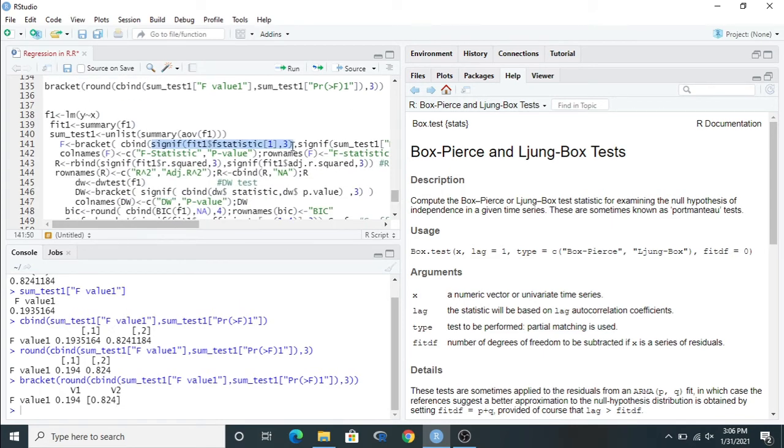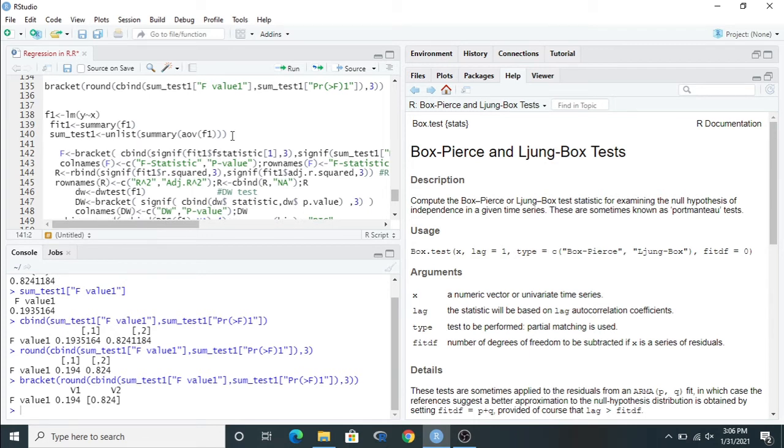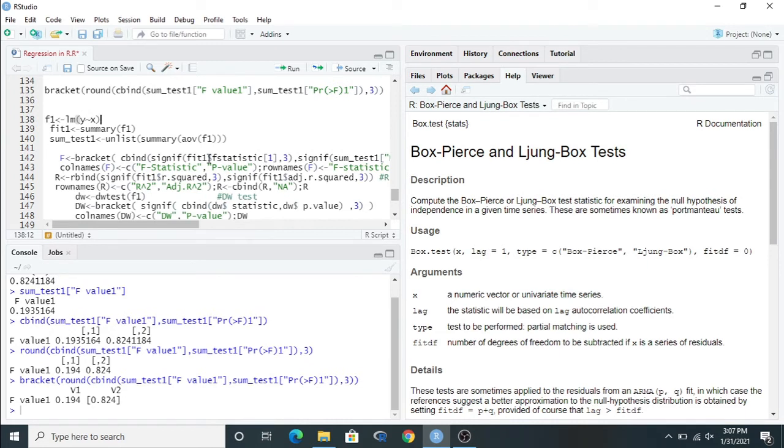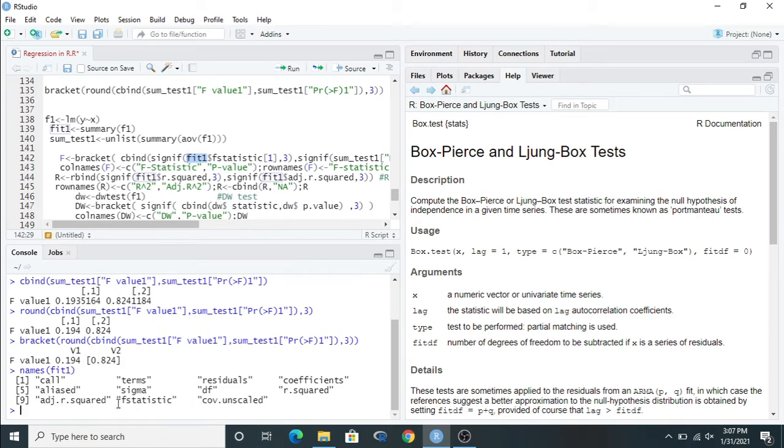First of all, I have extracted the F statistics. Here something is different. I have extracted the F value from the fit 1. Actually, what I have done here, I have stored only the ANOVA result in sum test 1. Then I can extract the p-value result with the help of this line. Okay, but I have used the F statistics from fit 1. It means, so just go to the fit function first. So use names, then write your fit 1. Okay, so run this, and you can find your F statistics value is also given here. You can extract the F statistics value from here also.